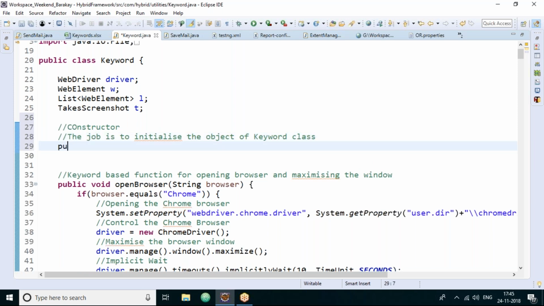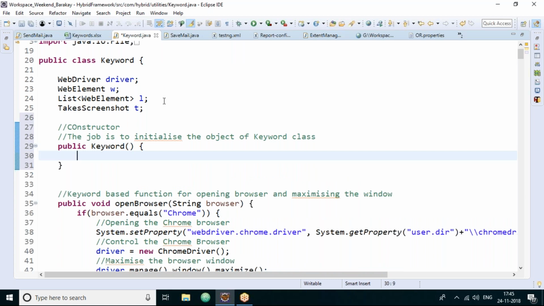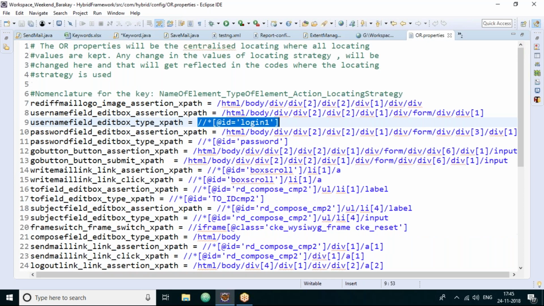Now let's create a constructor. It will be a public constructor. A constructor will always take the name of the class file, and parenthesis followed by body. Okay. Now I have to read this properties file, OR.properties. Now what I need to do is that